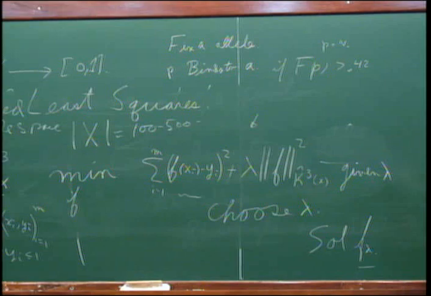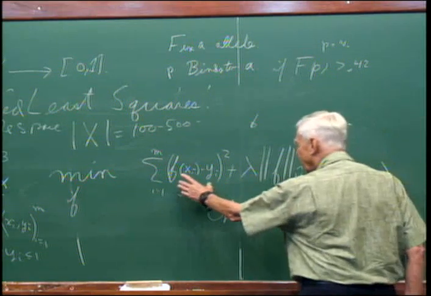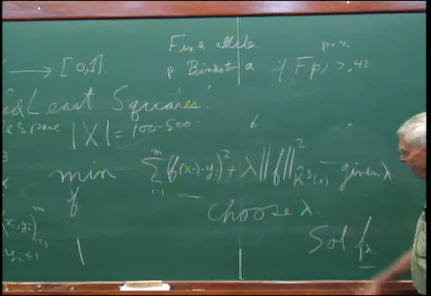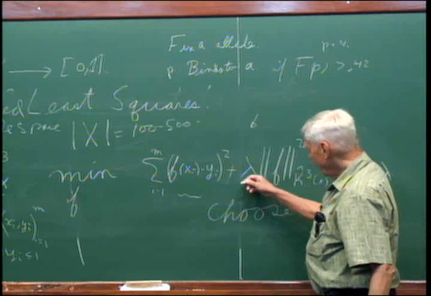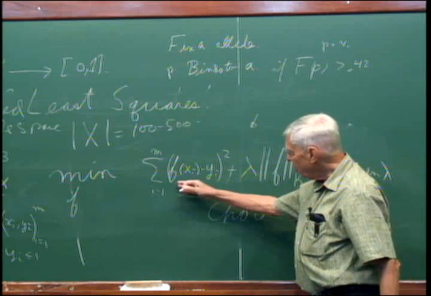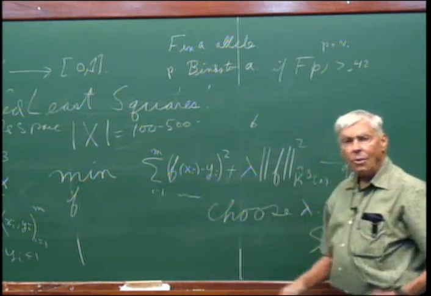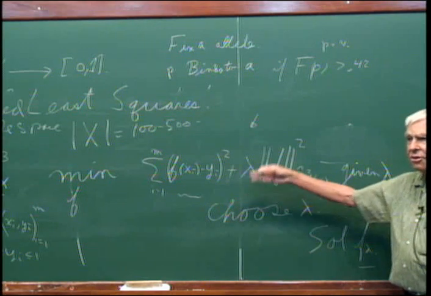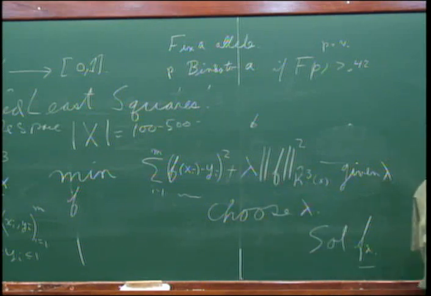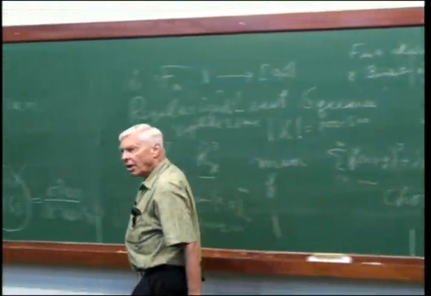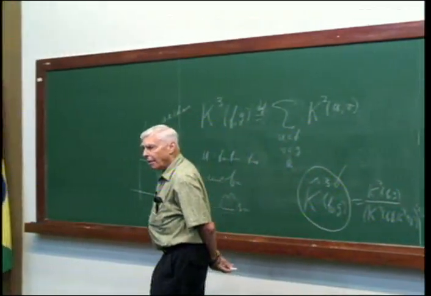Okay? Maybe not too clear. Let's take this problem and just do it over, say, the first n-1 data points. That will give us a certain function, which depends on our fixed lambda, and then we can test the solution, which does not involve the nth data point, on the nth data point. If it's a good prediction, that means this lambda is better. You keep doing this, and finally you get a pretty good lambda. You do this by leaving one out over all the possible m's. So that gives you a way of honing in on the good lambda.